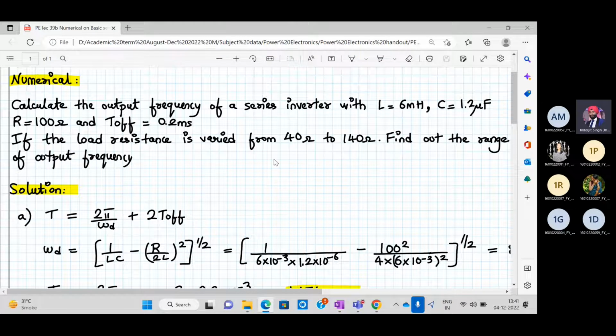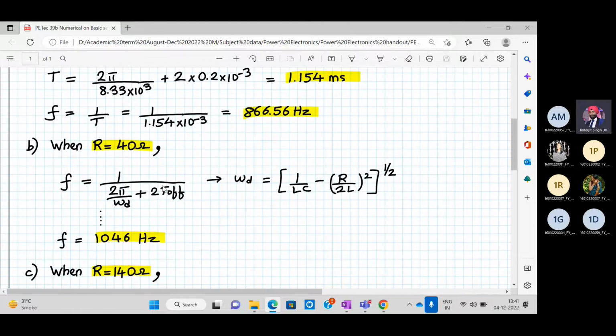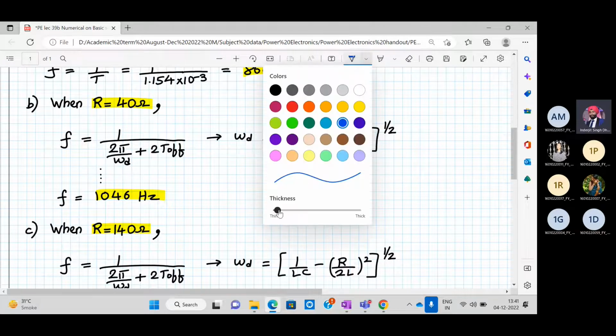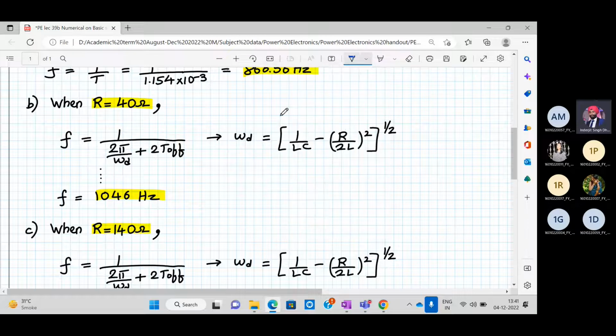Now we'll put the value of R as 40 instead of 100, and then the value of R as 140 instead of 100 again, and recalculate the value of frequency. So what is the strategy? When R is equal to 40 ohms, calculate the frequency. For calculating the frequency, again you have to recalculate omega d. Put all the values, especially R over here. So let me increase this. Here you put the value of R as 40 and recalculate the value of omega d. Put it in this formula and you will get the value of F,